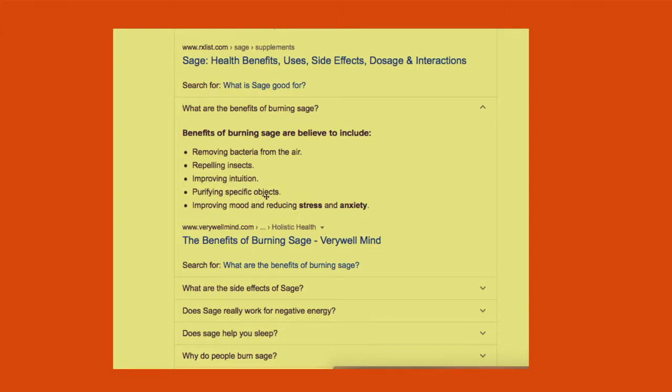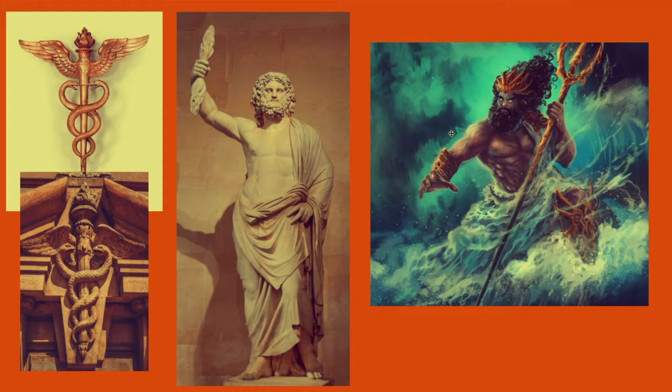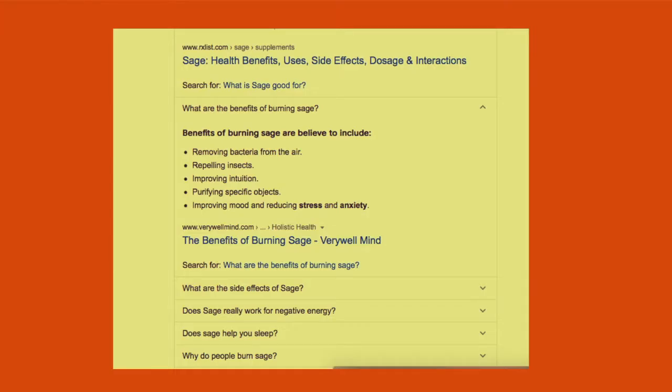So in order for you to activate these symbols and objects, you must have an understanding that this element allows you to purify specific objects, and it also allows you to improve your intuitiveness, which is another intelligence,